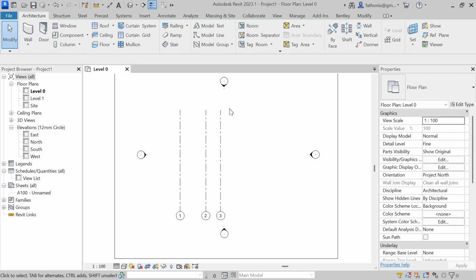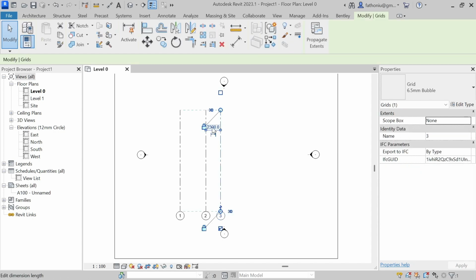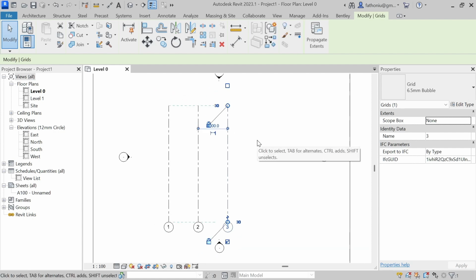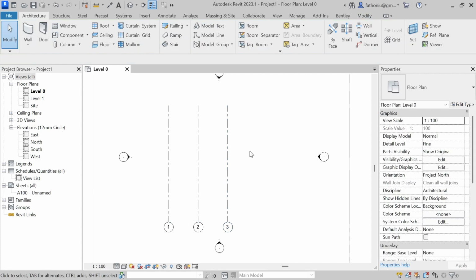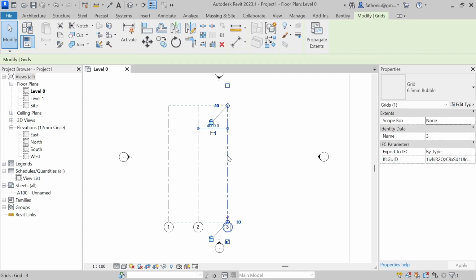twice, it will change to the selection cursor. The arrow is the selection cursor. So then select this one, and then you can see the spacing appear. Then you double click it and change it to 4000. That's it. Okay, and then you can see that I press Escape and release the command, and then when I select,